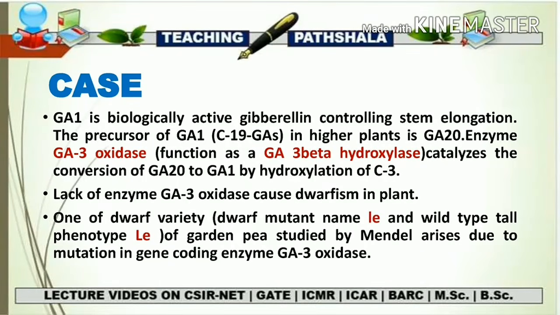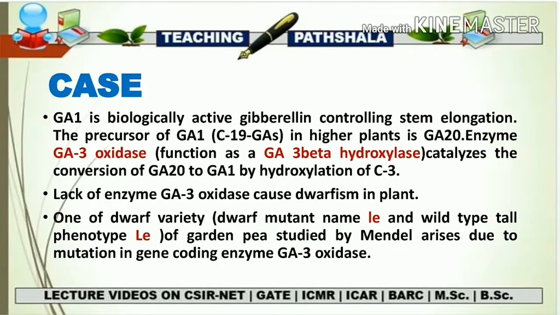तो यहाँ पे ये मेंशन किया गया है कि अगर हमें GA20 को GA1 में चेंज करना है, और GA1 किस क्लास में आता है, C19 के क्लास में आता है, तो जो एंजाइम यूज होगा वो होगा GA3 ऑक्सीडेज, और ये फंक्शन करता है एज अ GA3 बीटा हाइड्रोक्सिलेज। तो आप इसको GA3 ऑक्सीडेज भी कह सकते हैं या GA3 बीटा हाइड्रोक्सिलेज भी कह सकते हैं। और इसका काम क्या है, इट यूज टू कैटेलाइज द कन्वर्जन ऑफ GA20 टू GA1 बाय हाइड्रोक्सिलेशन ऑफ C3। दैट मीन्स जो GA20 का कार्बन नंबर 3 है, अगर उस पर हाइड्रोक्सिलेशन हो जाता है, दैट मीन्स एडिशन ऑफ अ हाइड्रोक्सिल ग्रुप, दैट इज दी OH, तो वो GA20 अब GA1 में कन्वर्ट हो जाएगा। फाइन, तो इस वे में हमने देखा कि GA20 अगर GA1 में कन्वर्ट हो रहा है, तो जो एंजाइम की ज़रूरत है वो है GA3 ऑक्सीडेज, या फिर आप उसको GA3 बीटा हाइड्रोक्सिलेज भी कह सकते हैं।